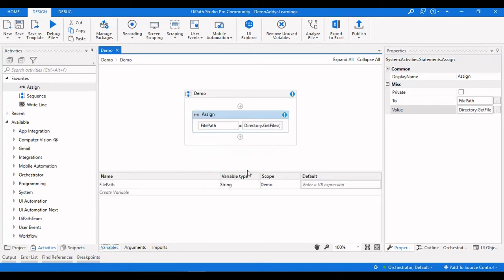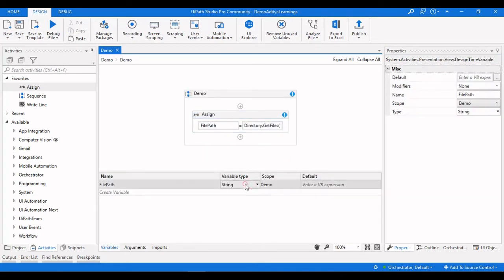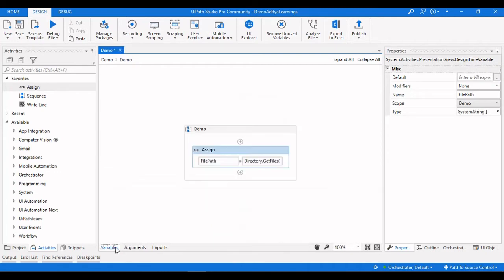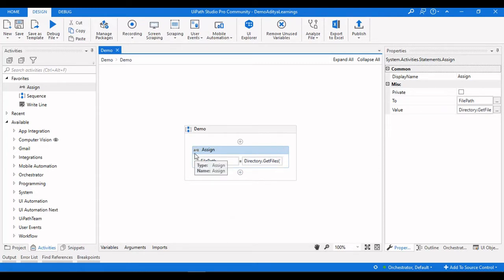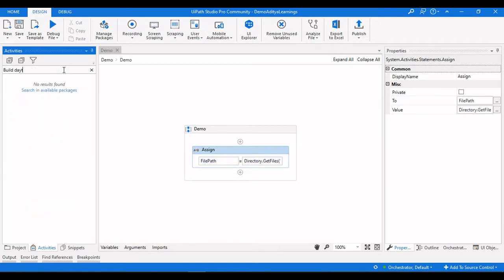Here we need to change the variable type, which is not a string, it is an array of strings. Now I need a data table here, because if you read the Excel sheet, then I will get a data table which contains data. So I need to push that data into a new data table which is empty. I need to create an empty data table here. For that, I will use a Build Data Table activity